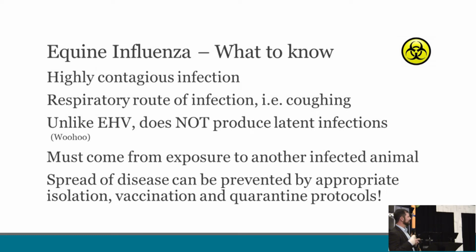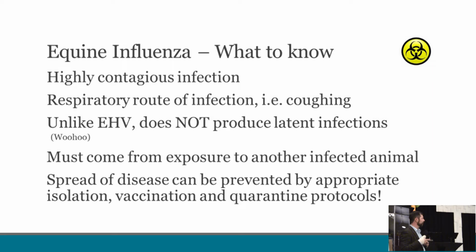This is a pretty contagious infection, obviously with a respiratory route of infection, so through coughing and other respiratory secretions. Unlike herpes virus, it does not produce latent infections, so that's on the plus side. For a horse to get the flu, it has to come from another infected animal. That does mean that we're more able to prevent the spread of this disease through isolation, vaccination, and quarantine